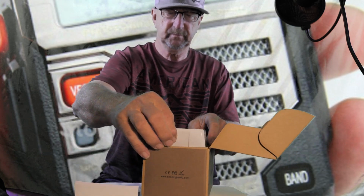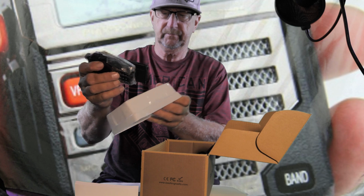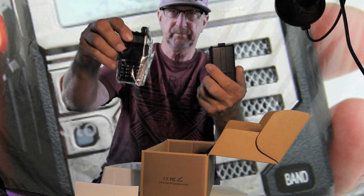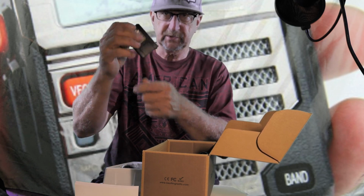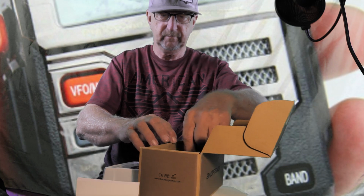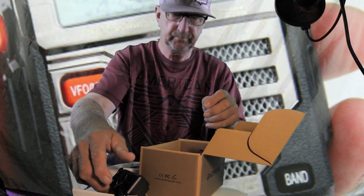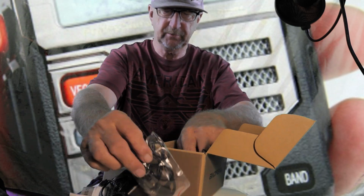You get some instructions. It comes in this little cradle. The battery comes not plugged in. Your radio. Your battery's just laying on top of that. You got a nifty little charger here. You got a little earpiece here. This is one of those